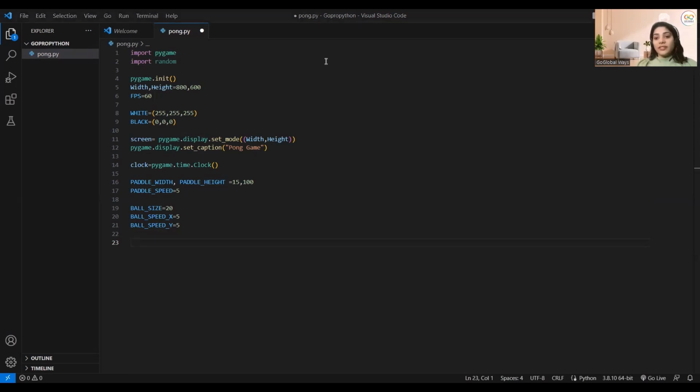Now, the next part that we are going to do is create the paddle, because next you need to create the shape of the paddle. As you all know, we have two types of paddles: one for player 1 and second for player 2. That's what I'm going to create here. So here I will make a paddle for player 1. For that I will write player 1 paddle, and for player 2 you can make your variable as player 2 paddle. So I will write here player 1